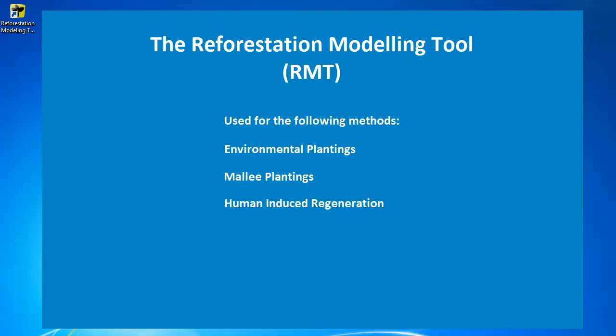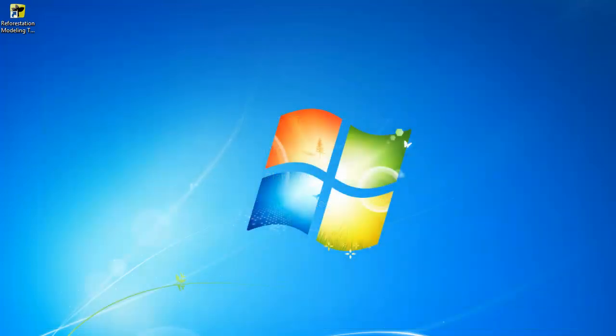In this tutorial, we'll step through the main features of the tool and its functional aspects using a permanent environmental plantings of native tree species method example. This not only leads you through the use of the tool, but also illustrates what will be sequestered if you decide to establish a project on your property.